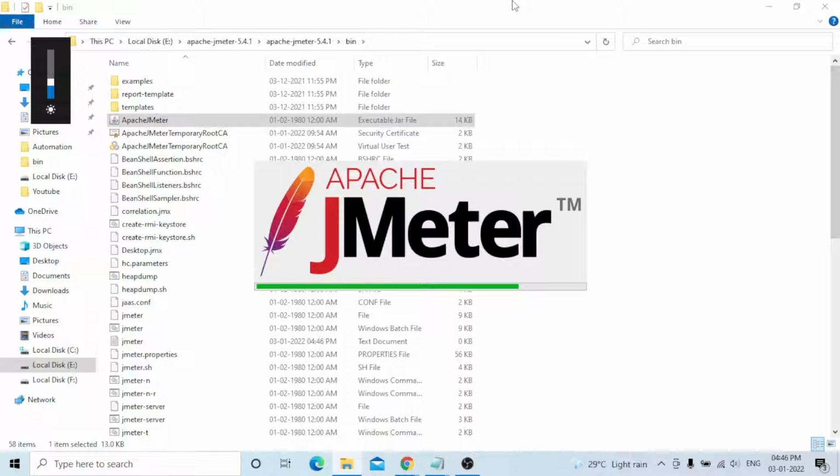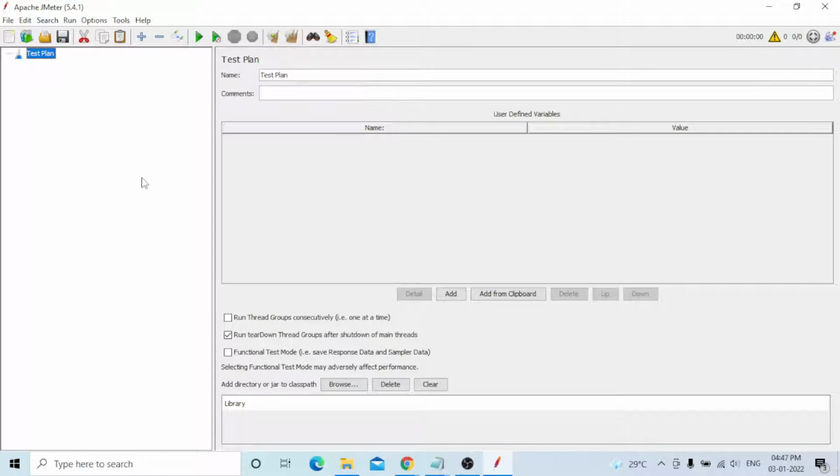Okay, this is JMeter. First of all, under the test plan, you need to add the thread group.